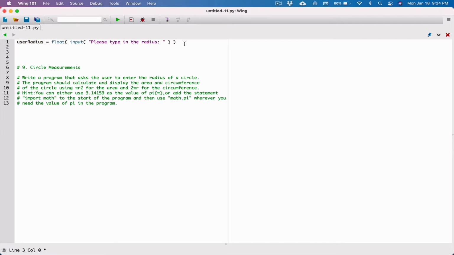Okay, now that we have the user radius, we can use these two formulas, pi r squared and 2 pi r, to calculate the area and circumference respectively. And so let's start with the area. So I'm going to call this area. Area is going to be equal to